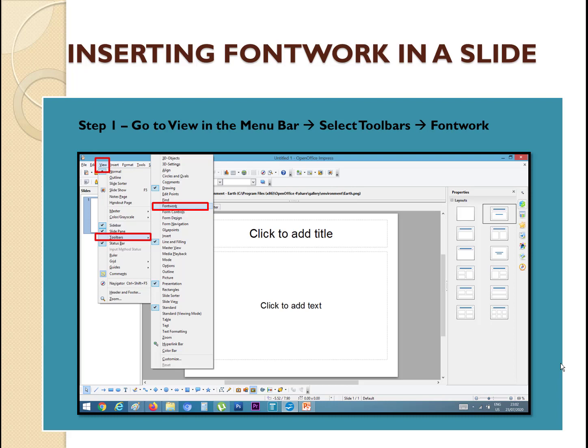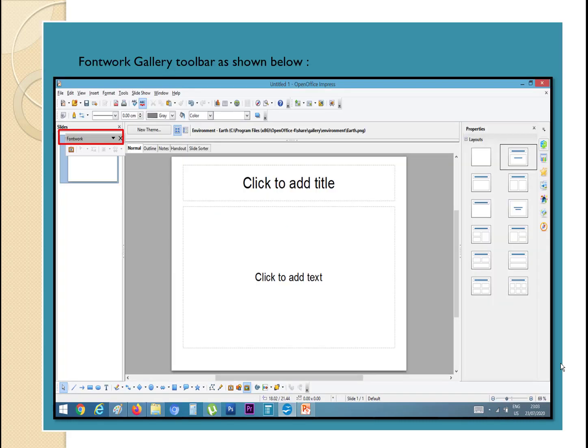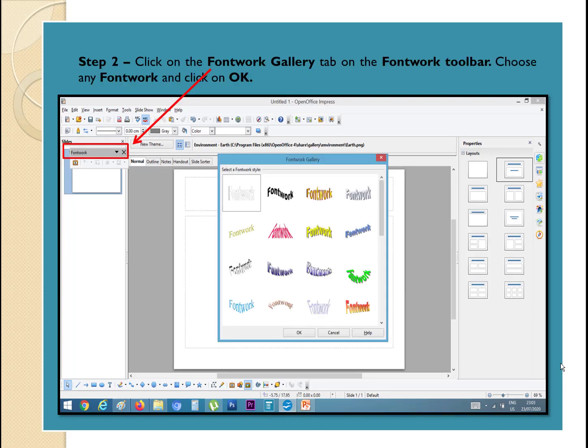In the menu bar, select Toolbars and then Fontwork. The Fontwork toolbar appears on the screen. Next, click on the Fontwork Gallery tab on the Fontwork toolbar. Choose any Fontwork and then click on OK.